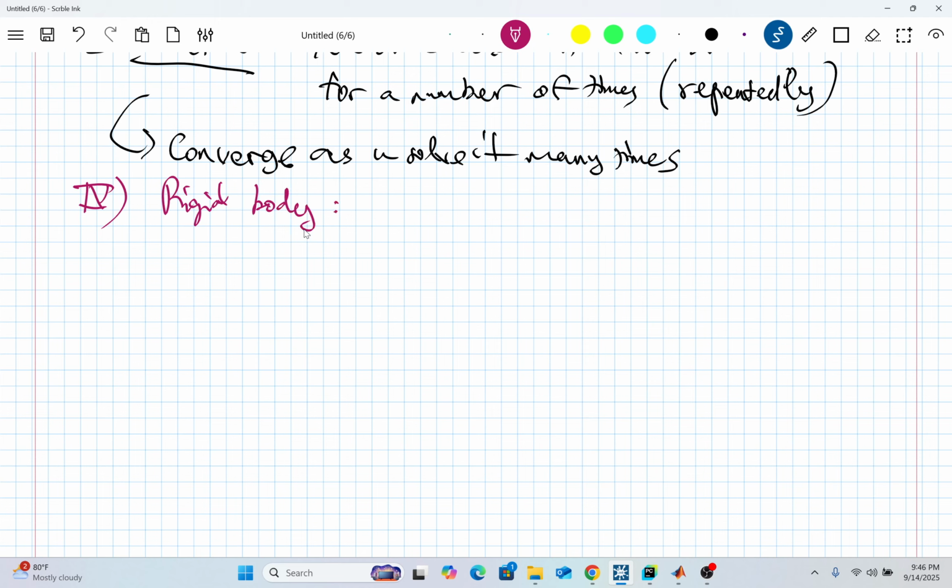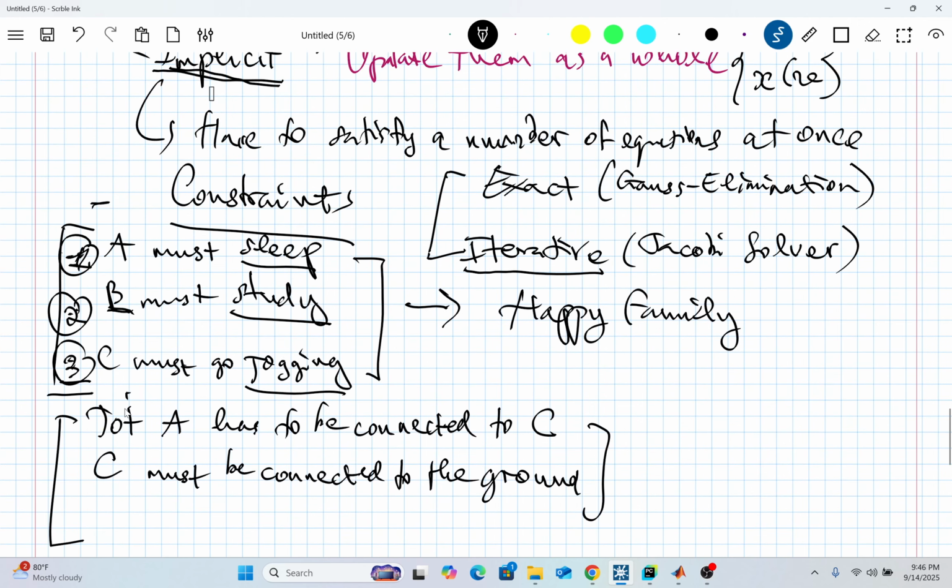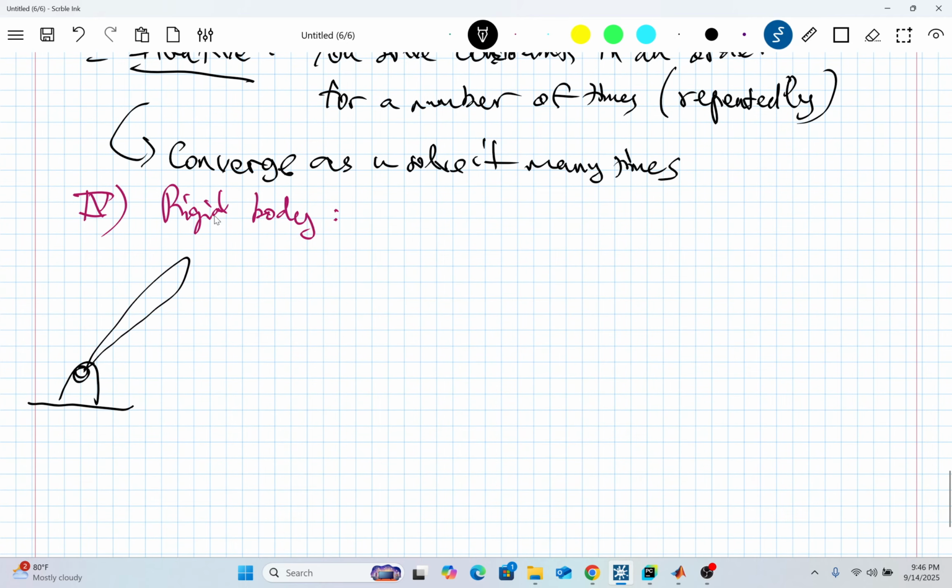Rigid body is something that you work with a lot because you are mechatronics, right? You would like to simulate a robotic arm. I assume that I have a joint here. You have an arm, and you connect it to another arm, right? And this arm you will connect to a circle. I'll call this point A, this point is B, and this point is C.